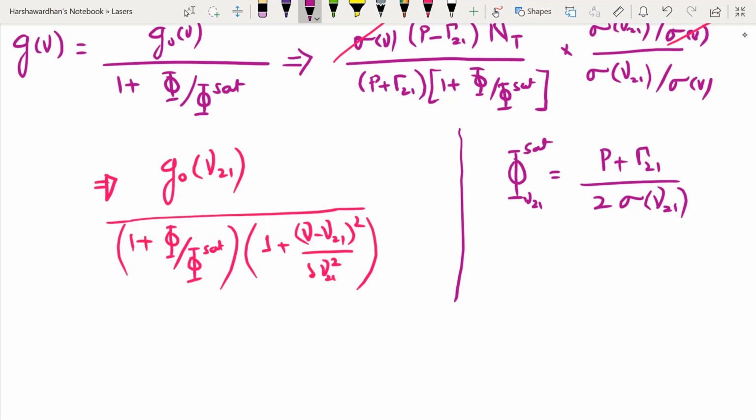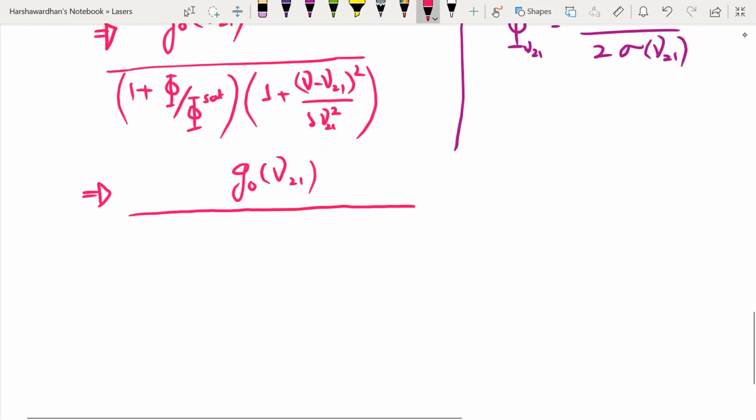So given this, you see this product will take care of that. And expand this denominator and carefully cancel out the terms which are related to this ratio of sigma nu to 1 by sigma. And what we get is the following, that G naught of nu to 1, which is the